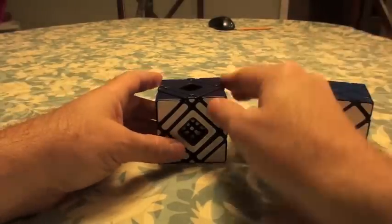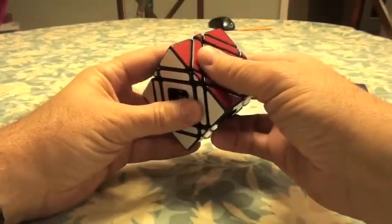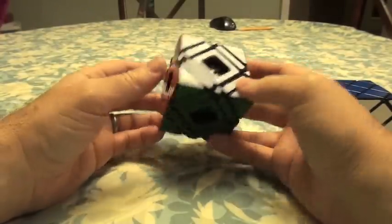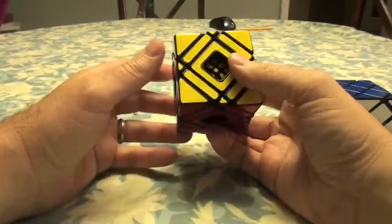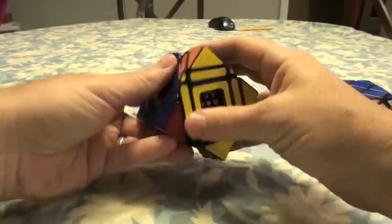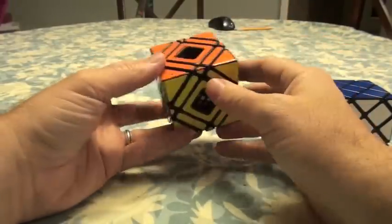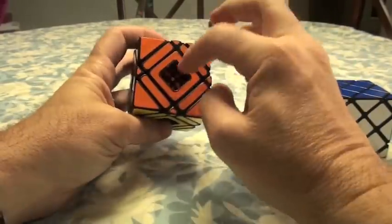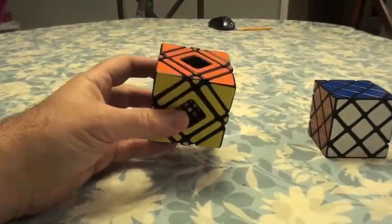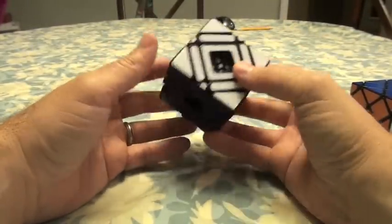Okay, so after assembling this and staring at it for a little while, I decided, why don't I just go ahead and scramble this? Scramble it and see about solving it. So this is going to be kind of an experiment. Haven't really looked too much at it and the potential techniques for solving. I can see obvious Skewb and master Skewb solves, and I know that inside there's a copy cube in here, a copy dyno, so to speak. So why don't we just go ahead and scramble and see about how I can navigate my way through solving